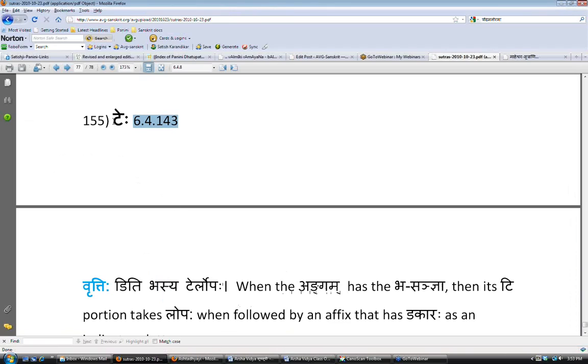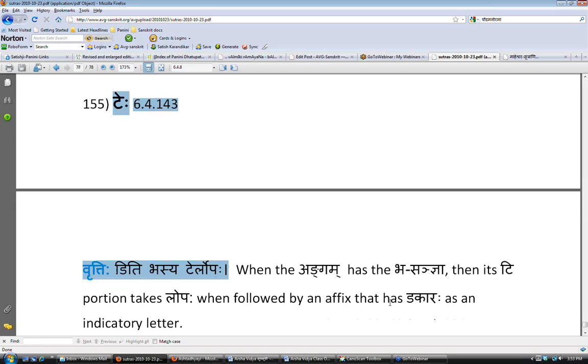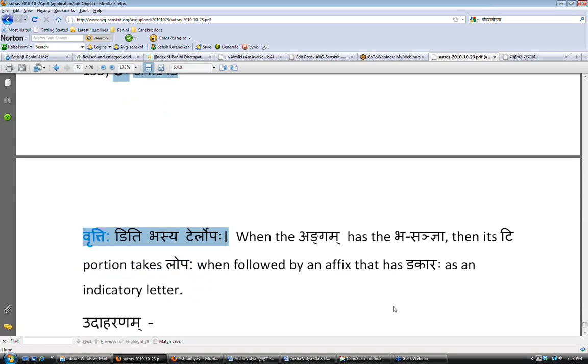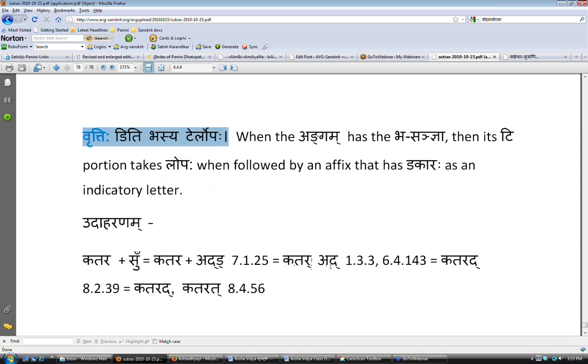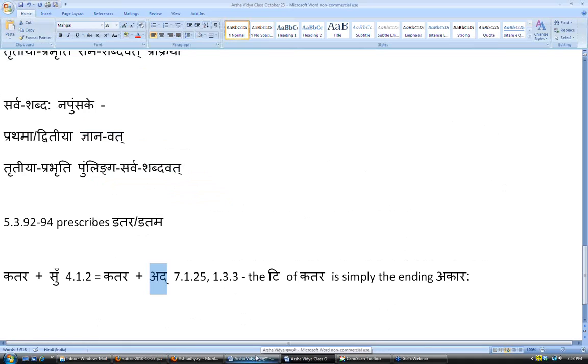Also a very important sutram. We're going to see a lot of this going forward. All these are very important. When you look back at this class, you'll say, oh, these are all very, very important rules. So, Diti Bhasya Te Lopaha: an Angam that has the Bha Sanjna, its T portion takes Lopa, when followed by an affix that has Takar as an It letter. So that T portion takes Lopa, and then we end up with 6.4.143, a very famous sutram. So now we get